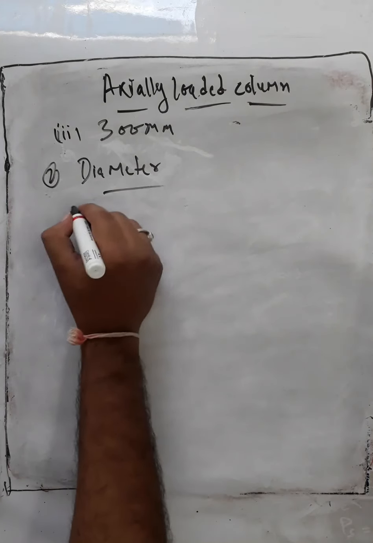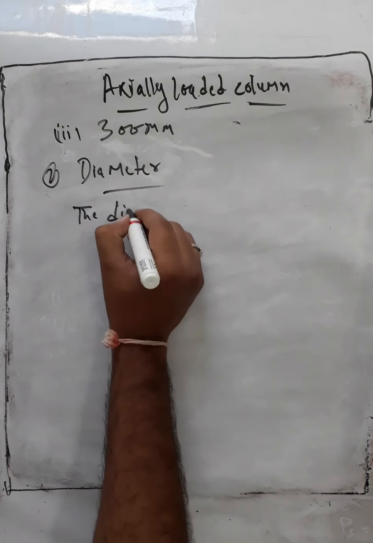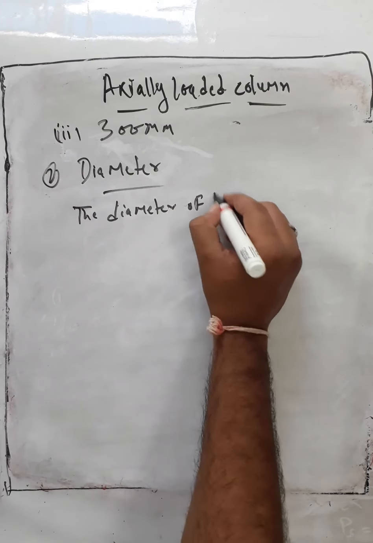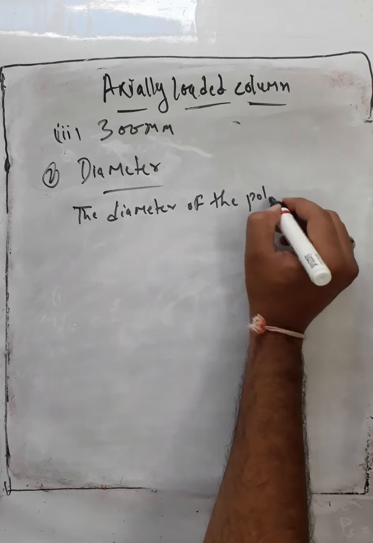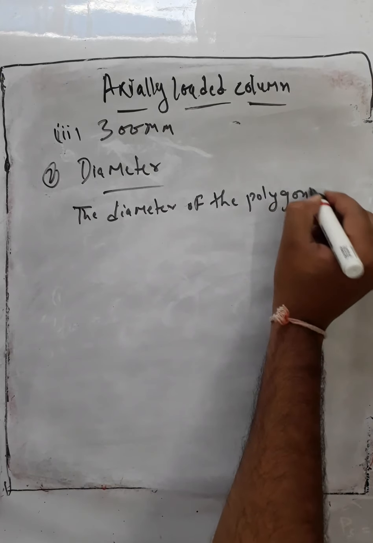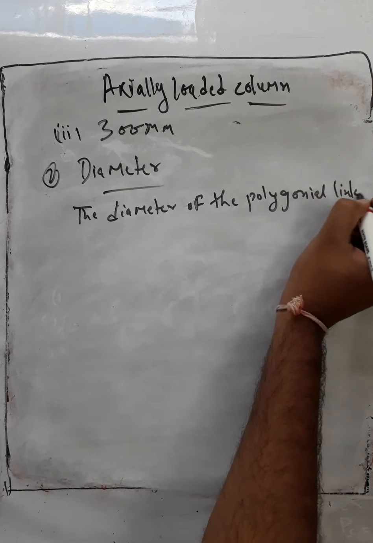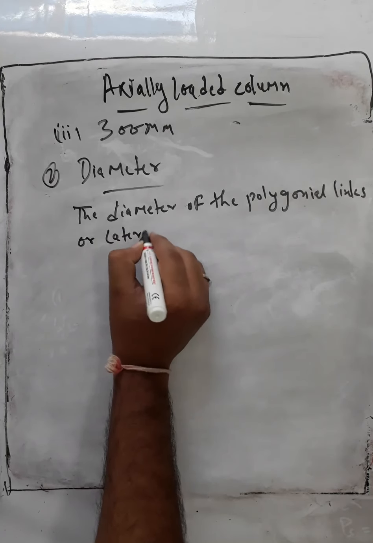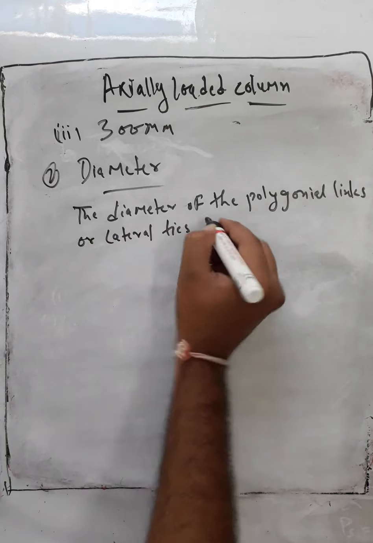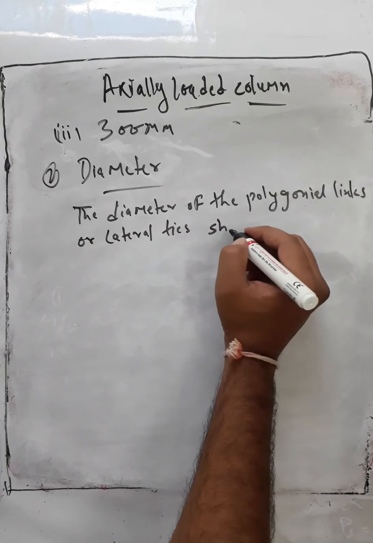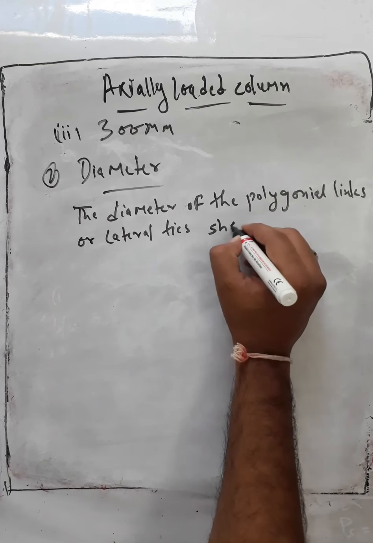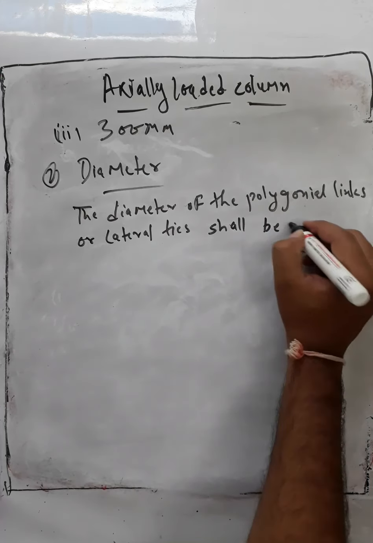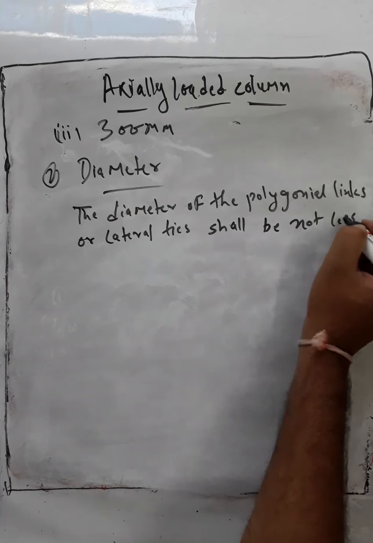The diameter of the polygonal links or lateral ties shall not be less than, shall be not less than